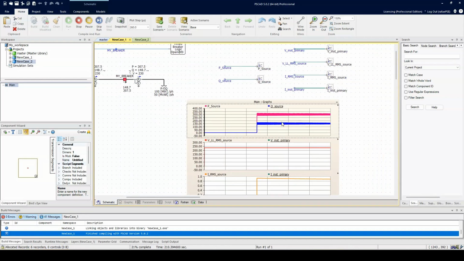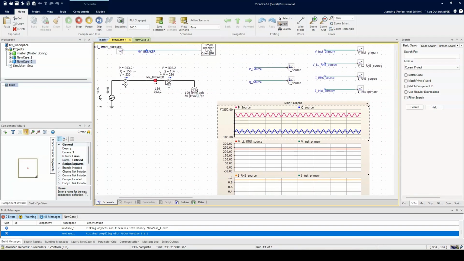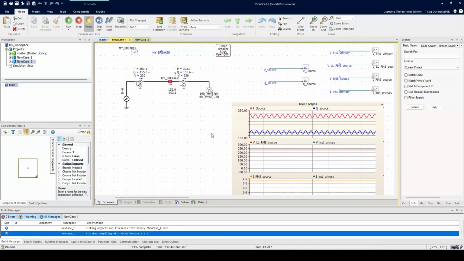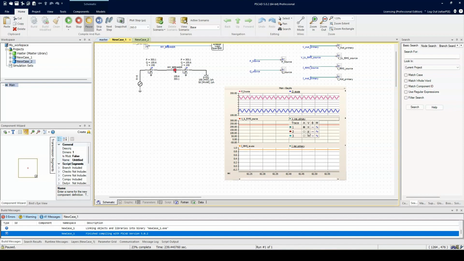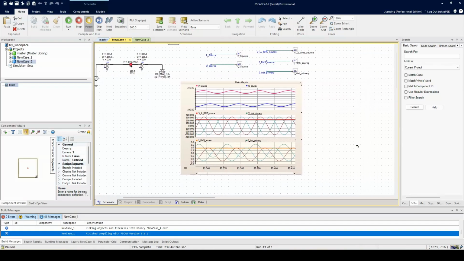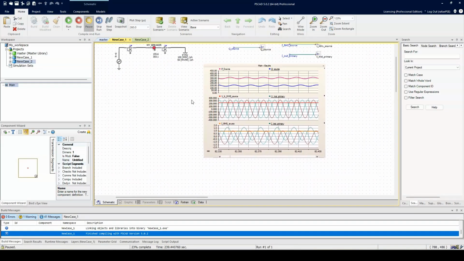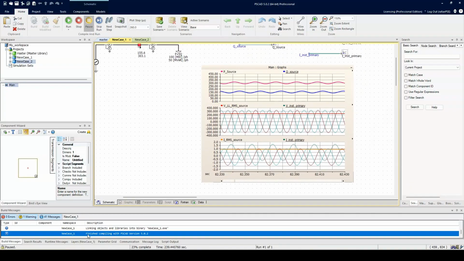And I also wanted to get into what is defined as an oscillation. So I'm going to pause the simulation here, and I'm going to turn on the three-phase voltage and the three-phase current as well in this view. So I want to show you what is defined as an oscillation. And sometimes it could be confusing for some of the newer users